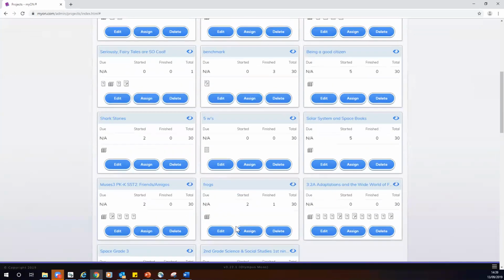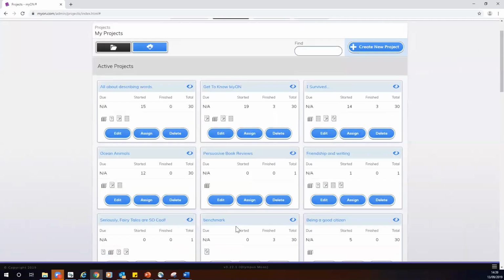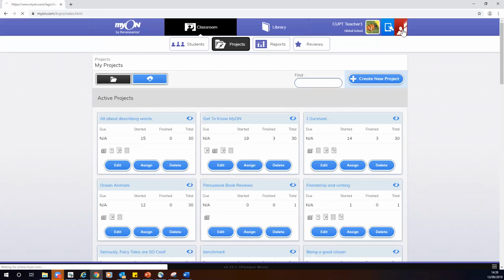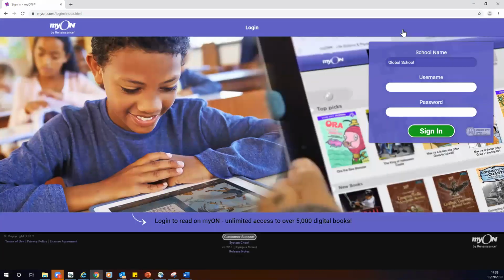At this stage of using MyOn, just setting your students a set of books to go through is a really great way to use this projects tool. And you can use the cloud just to see if somebody else has created something for you as a starting point. But when your students log in, so I'm just going to log in as